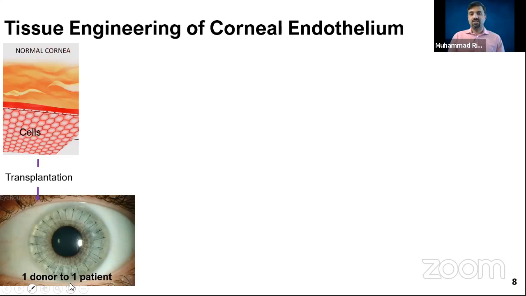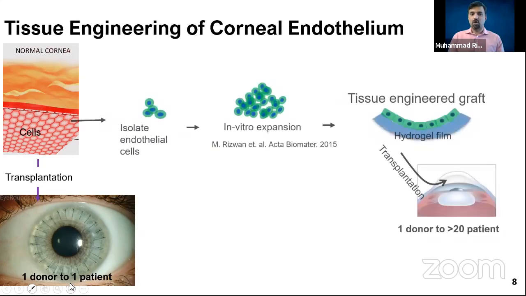So what is the tissue engineering approach? How can we treat more patients from one cornea? Well, what we can do is remove these cells. And after removing these cells, in the lab we can grow them. Remember, I mentioned that by using biomaterials or cell biology principles, we can control their growth. So if we can control their growth, now we can have a lot more cells coming from the same one cornea.